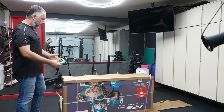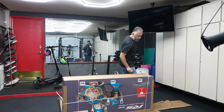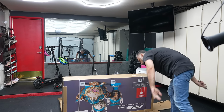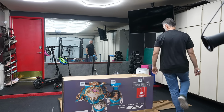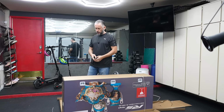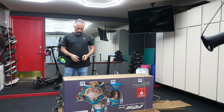So I opened up the outer box, but of course we have more stuff. Now the scooter is heavy, over 100 pounds, I think 110 or 120 pounds. So they actually thought about this. I have it upside down. Oh man, I need to flip it. So